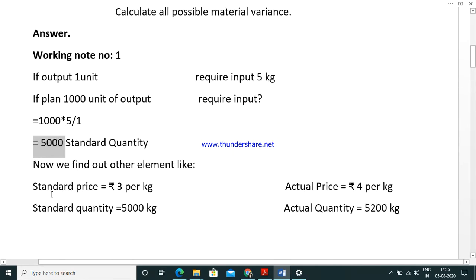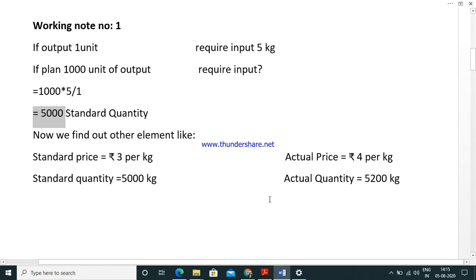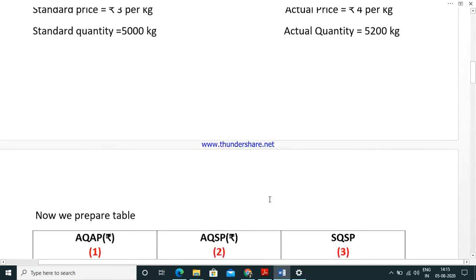Now, we find out other elements like standard price, standard quantity, actual price and actual quantity. Here, standard price rupees 3 is already given, where standard quantity 5000 we found. Actual price rupees 4 is given in the example, where actual quantity 5200 kgs of raw material is also given in the example. Now, we are preparing a table